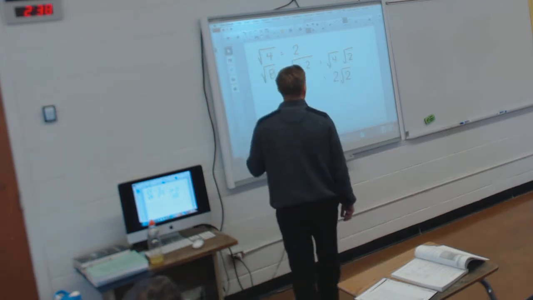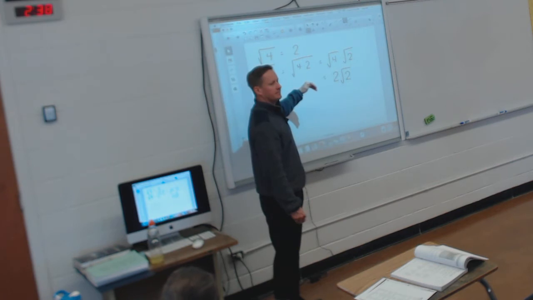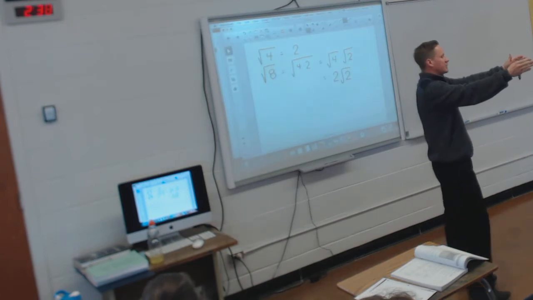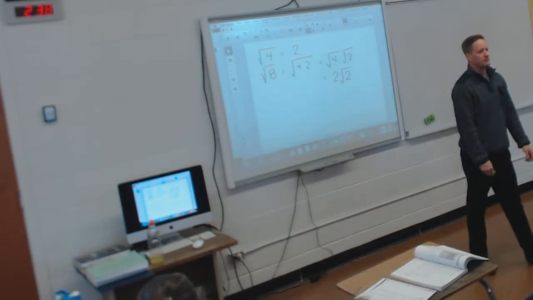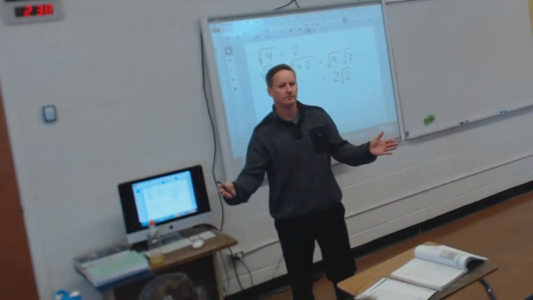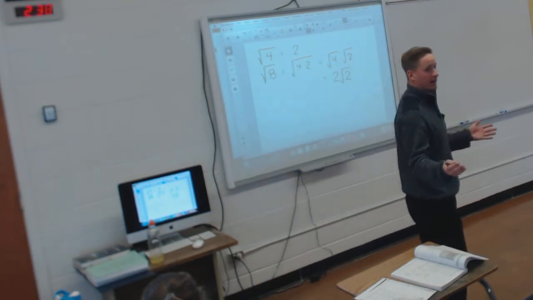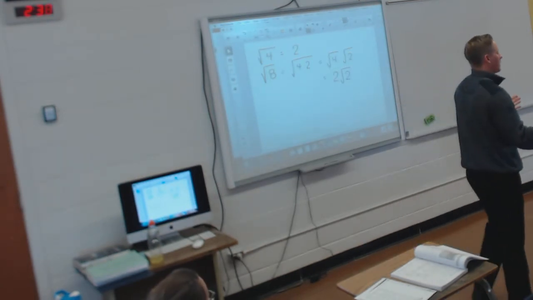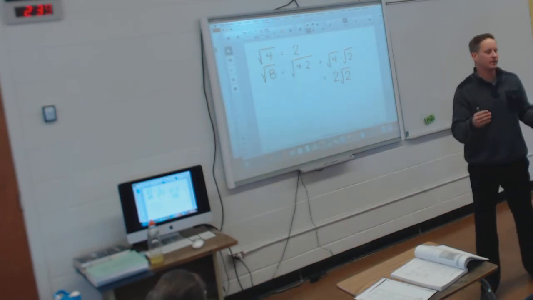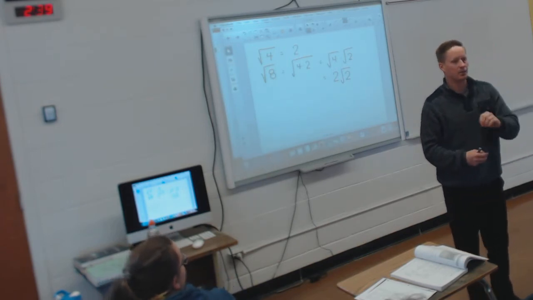Now, use your calculator. This side of the room, punch in the square root of 8. That side of the room, punch in 2 times the square root of 2. What does the square root of 8 give me? Brittany? 2.828. So again, we have to round it, because it goes forever. What does 2 times the square root of 2 give me? 2.8, same number, right? I haven't done anything to change the question. All I've done is put it in a form that is a little cleaner than